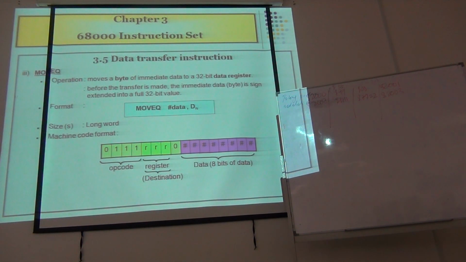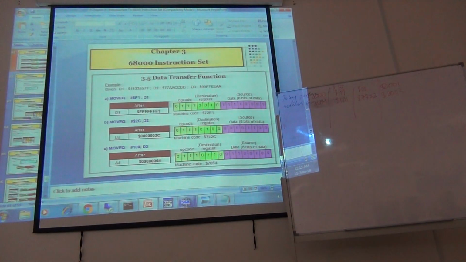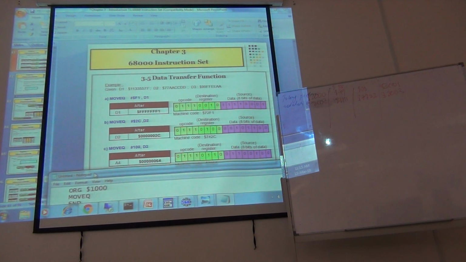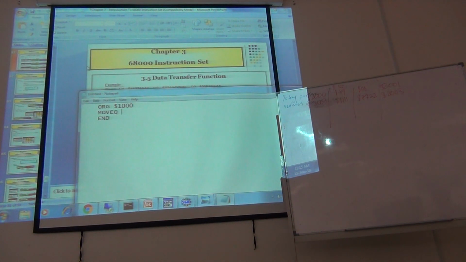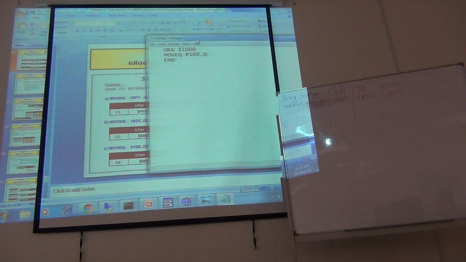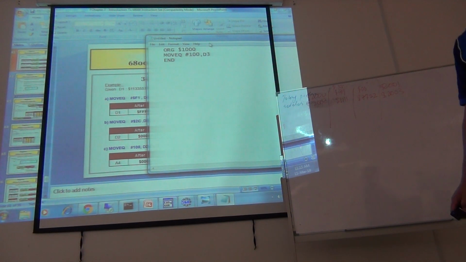Okay, let's try to do this one. Move quick, move quick. Okay, right now, the example for the slide is MOVEQ